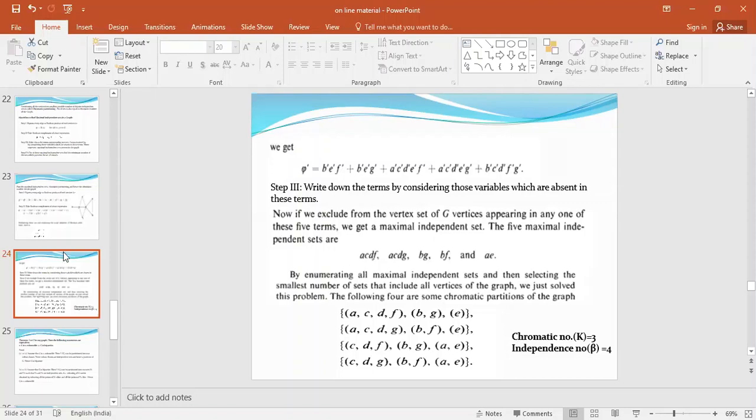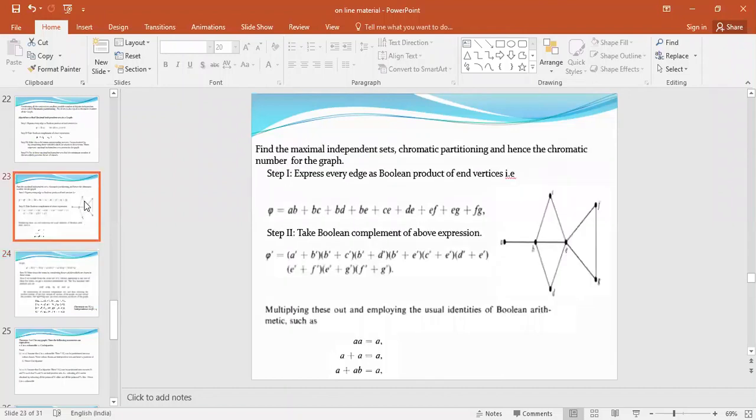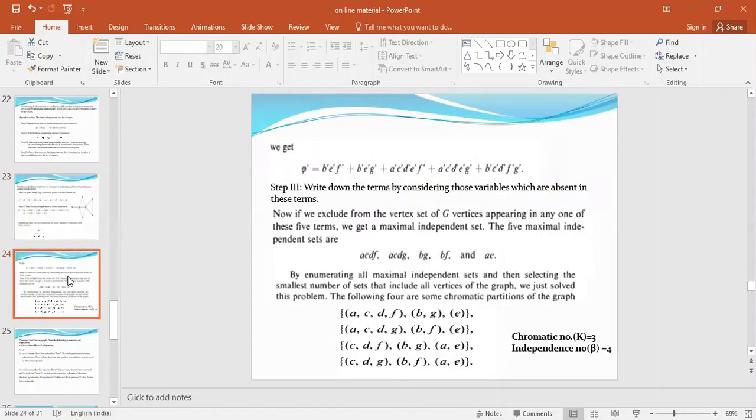Yes, an independent set of single vertices will not be there in this algorithm, because every single vertex is also an independent set, and that you have to include from your side. So it is ACDF. So 4 vertices are covered. So can I take ACDG along with ACDF? No, because ACDG has some common elements. So can I take BF? Yes, I can take BF. So I can take BG, but I can't take AE. So ACDF is 1, and then we can take BG.